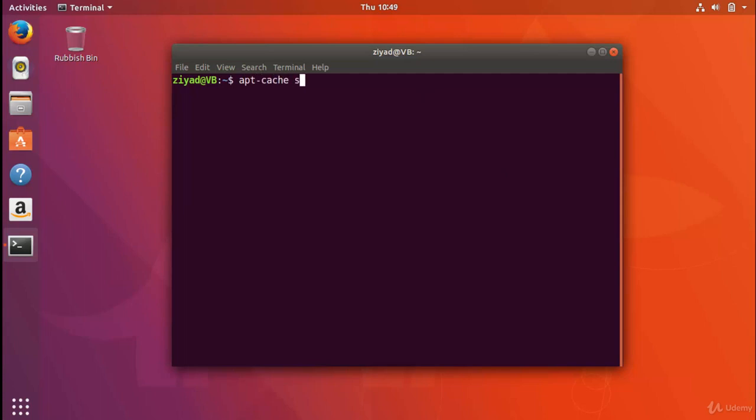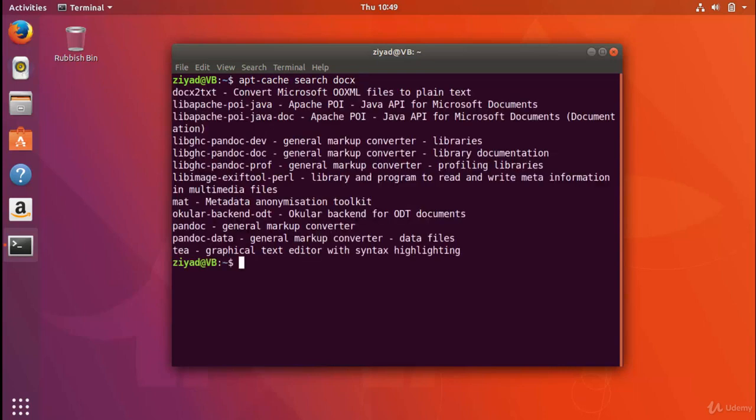Okay, so to do that, we would type the command apt-cache search docx. And when we do that, we see that we get a few results back with one package per line, and we see that for each package, we get the name of the package on the left. So you can see we've got one here called docx2txt, we've got one here called libapache, and so on. And then on the right, we get a short description about that package. So this will turn Microsoft XML files to plain text, and this one is a general markup converter. Okay, and it's the libraries for that general markup converter. So you can see at a glance